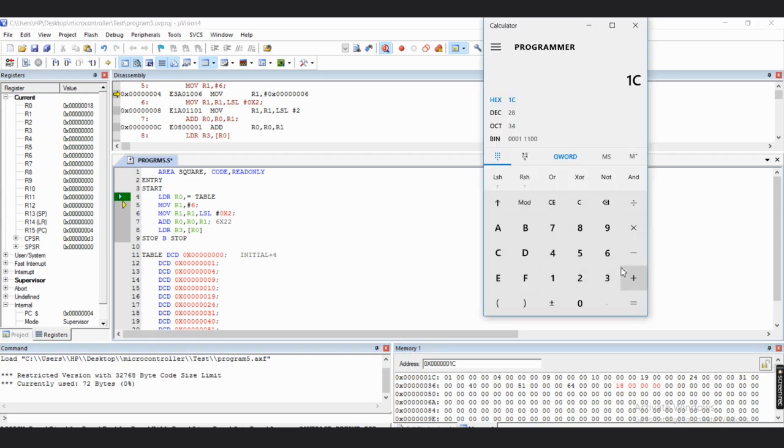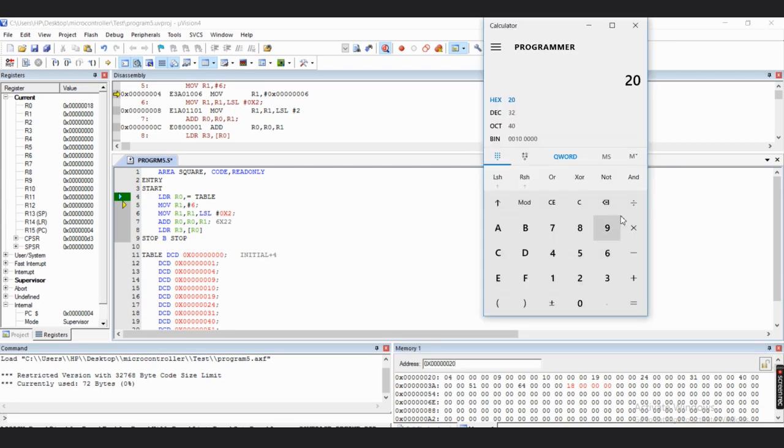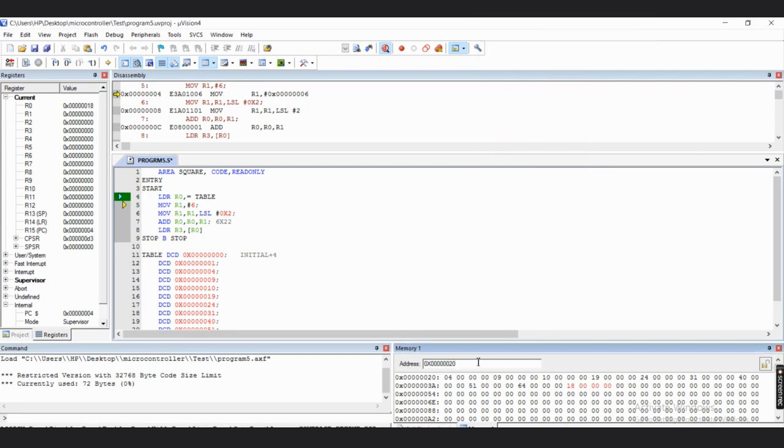Next, 1C plus 4, that is equal to 20. At 20 I should have the square of 2. Then 20 plus 4, that will be equal to 24. At 24 I will have the square of 3. At 28 I will have the square of, sorry, here I have not changed, this is the square of